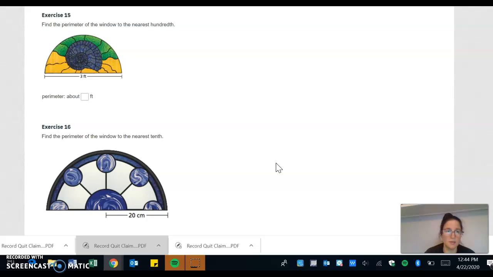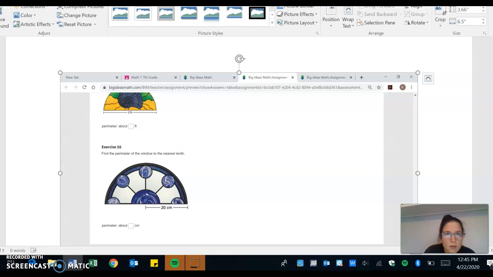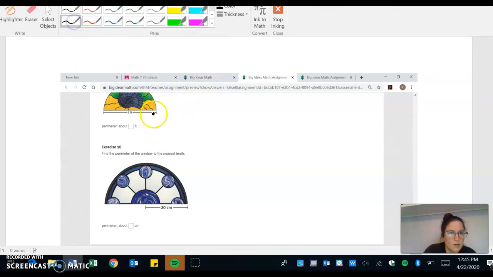Hope this helps. So number 15 is find the perimeter of the window. The perimeter is a circle, so you want to find circumference. So that's 3 feet. So if circumference is, if I can get my pen to work, all right, circumference is 2 pi r,